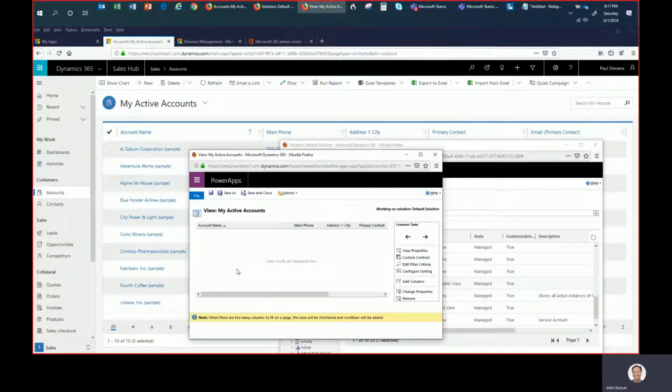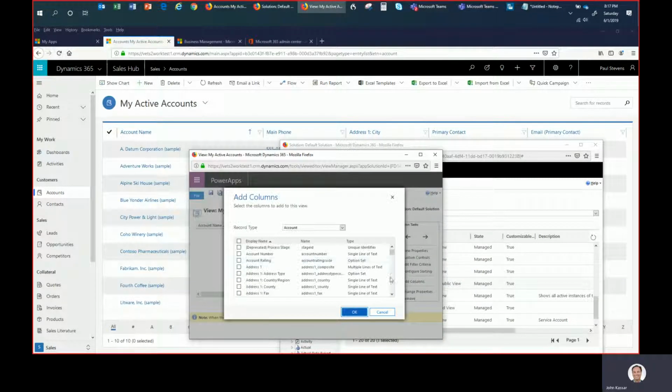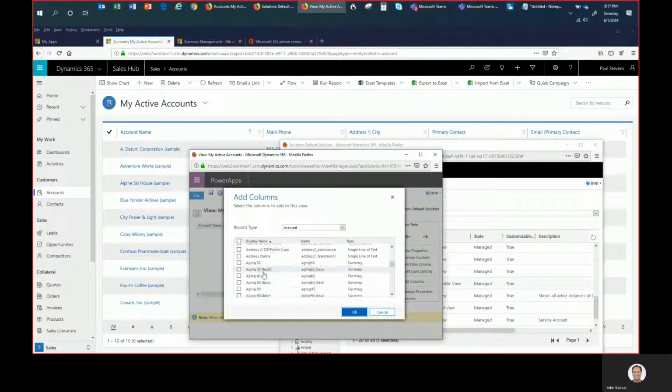But if I wish to add the column of industry to this view, and again, this view only, if you wanted to add industry to the other views, you would also have to do that individually. I simply just need to press on the Add Column button, find industry, or if I had multiple fields, and I actually have a couple of them here, this is an industry code, but this one that says new underscore industry, this is the field that I created. I'm going to click there,